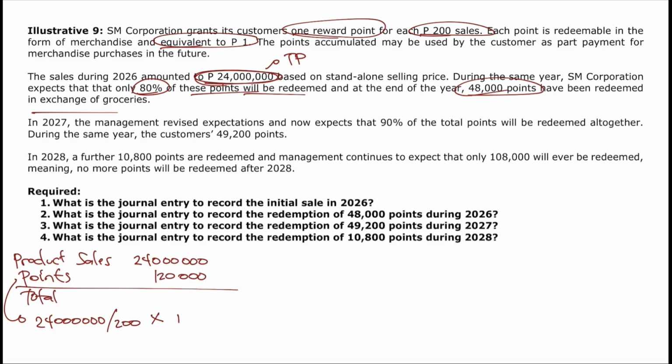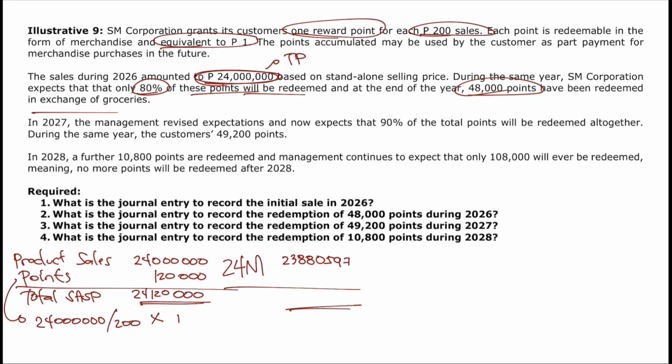So, the total stand-alone selling price of the performance obligation will now be equal to 24,120,000. Okay? Listen very carefully. I-allocate natin yung 24 million na transaction price sa dalawa. So, 24 million times 24 million divided by 24,120,000, ang na-allocate sa product sales is equal to 23,880,000,